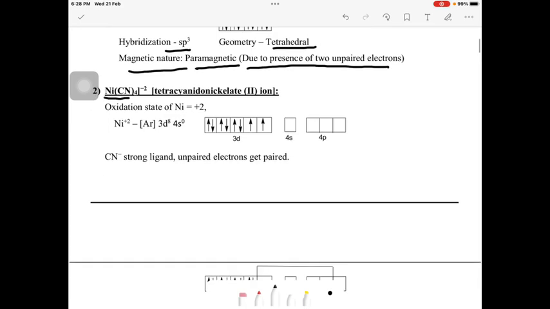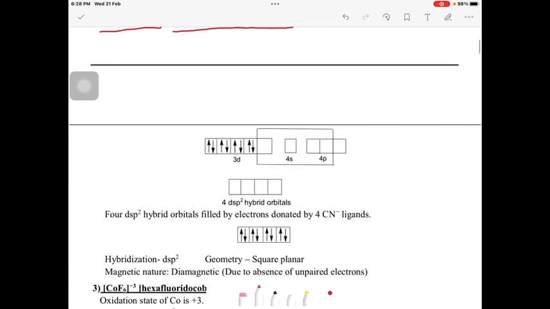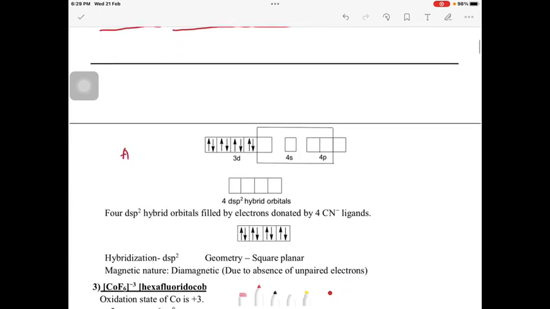Next one, Ni(CN)4 whole to the power of 2 minus. Tetracyanidonickelate(II) ion. Oxidation state of nickel here is also the same, +2. Electronic configuration: argon 4s0 3d8. Orbital diagram: 3d, 4s0, 4p0. CN minus is a strong ligand, so unpaired electrons get paired. So here electrons enter into orbitals against